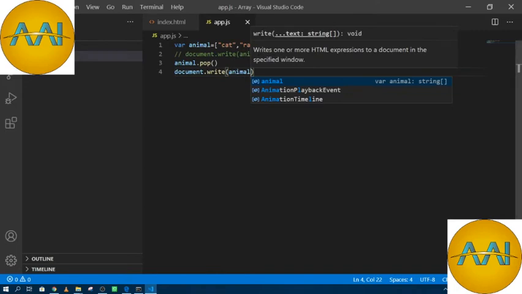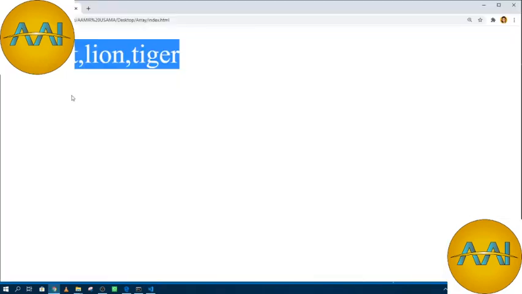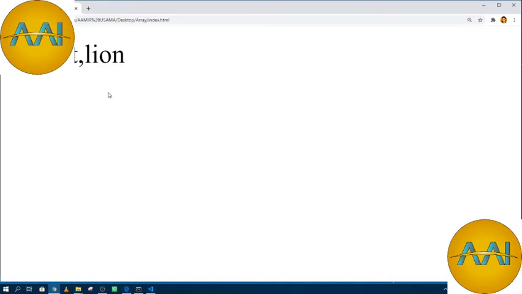Okay, now let's check whether the last element of our array is deleted or not. Let's refresh our code, then you can see guys, cat, rat, lion, and our last element was tiger, but after using the pop function the last element from the array is deleted.